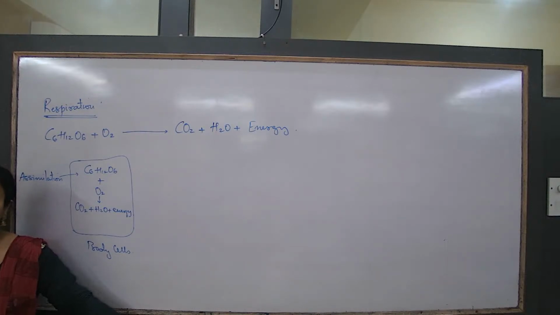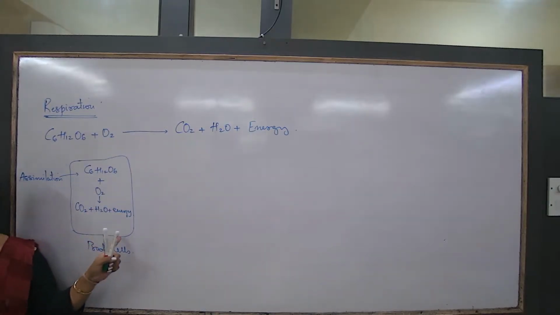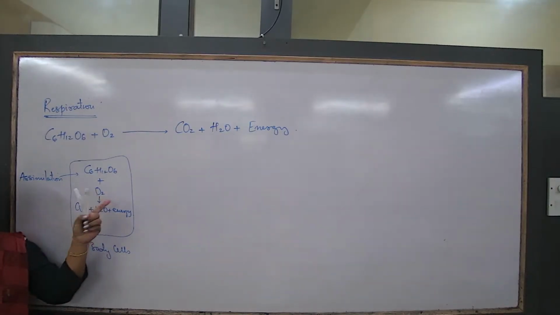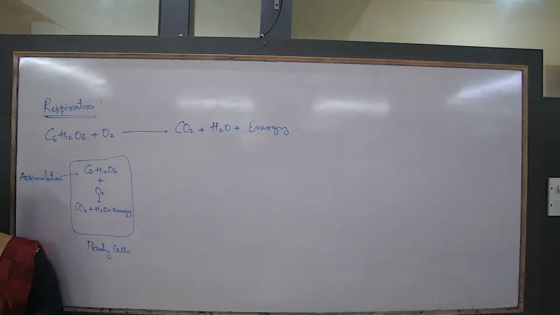Mitochondria. So now for organisms like us, for organisms like the plants, what will happen? Mitochondria in the cells are so many. Oxygen will be taken in so many. So we will generally show this process. But will this be the same for all? No, not for all. For certain organisms like the bacteria, for certain organisms like the yeast, fungi, they don't have mitochondria, so definitely they will not have oxygen. They don't have any respiratory structures.